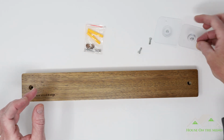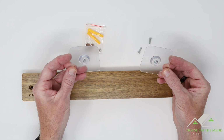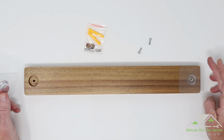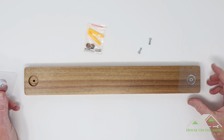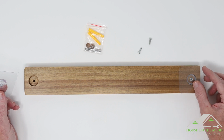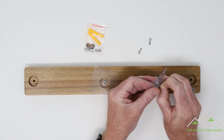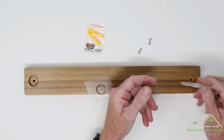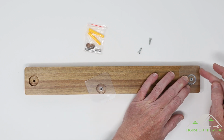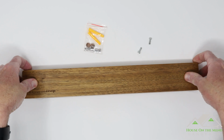Now this one's a little bit more interesting. These are adhesive back clear plastic mounting brackets here, and they go right on the back. As I look at these, every time I turn them, do you see over here, they overlap the sides, so there isn't one that lines up perfectly. So if you're going to use these, you peel off this strip here, stick it on, and it slides right into here. Unless you don't care about this being visible, you're going to want to trim this back a bit before you apply these. But nonetheless,